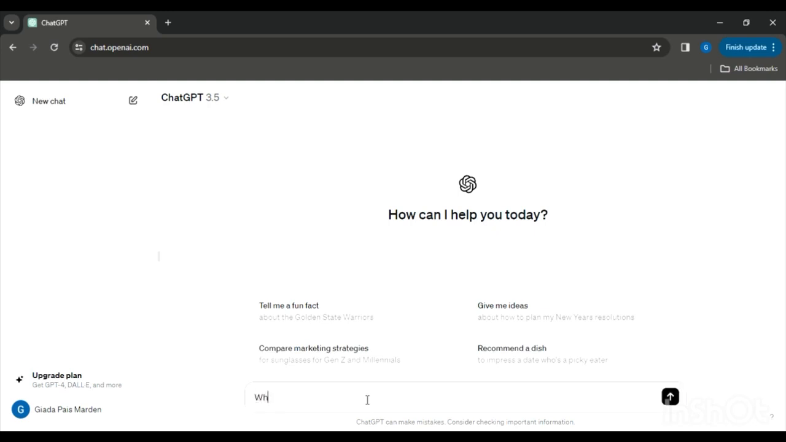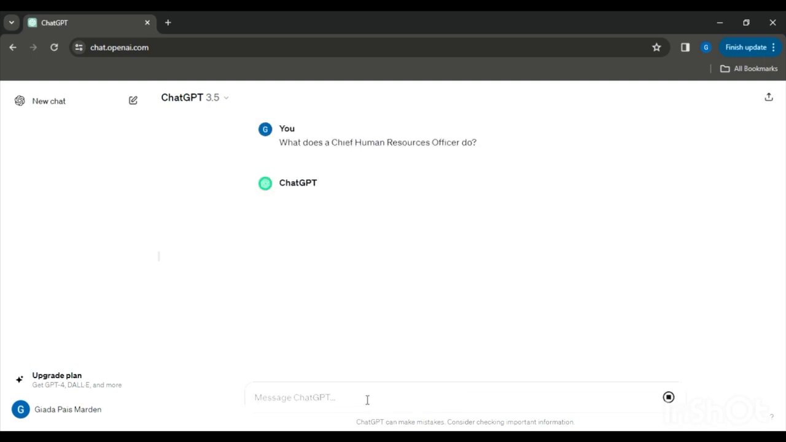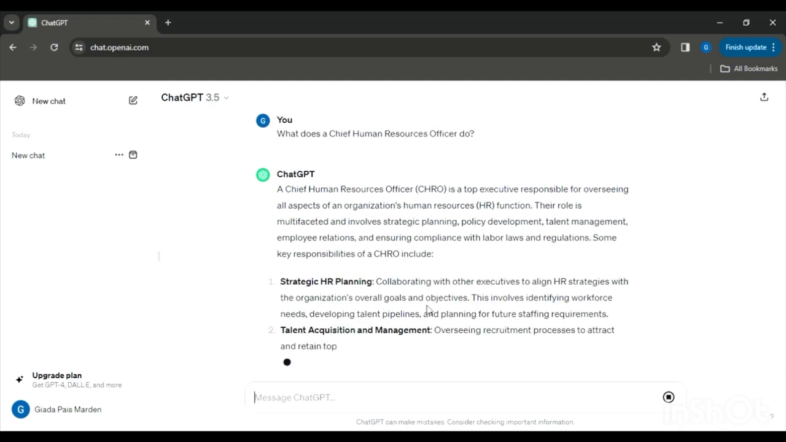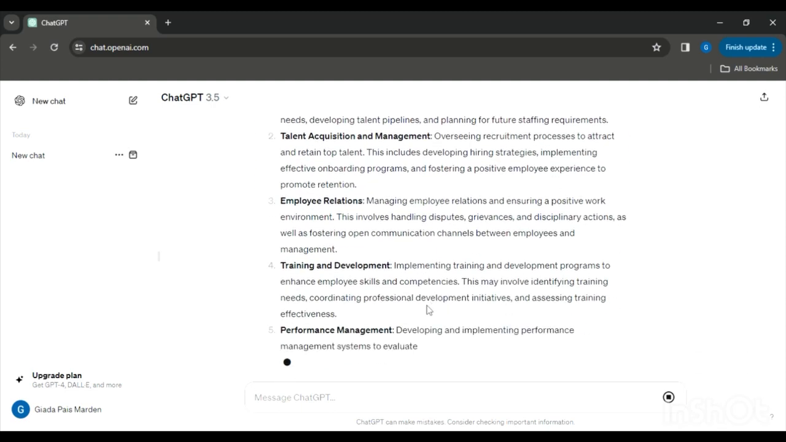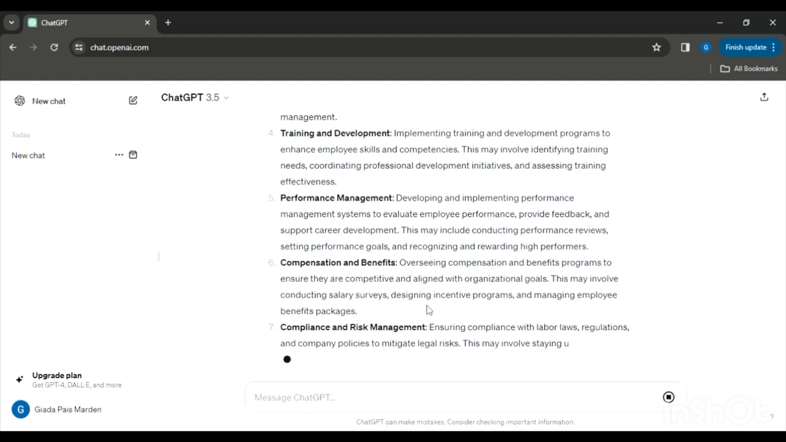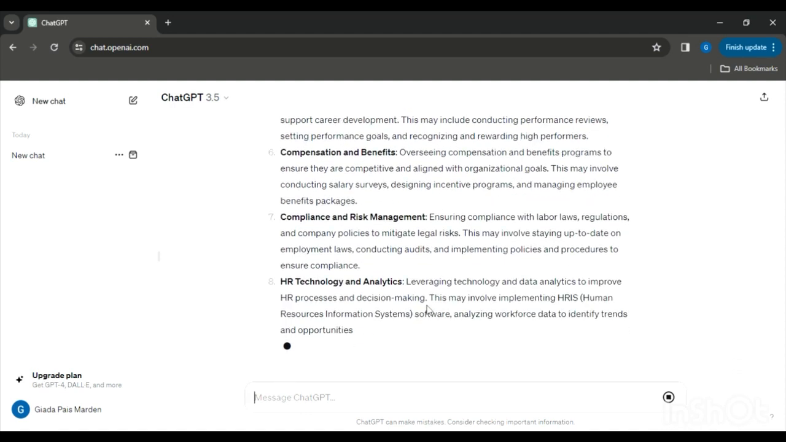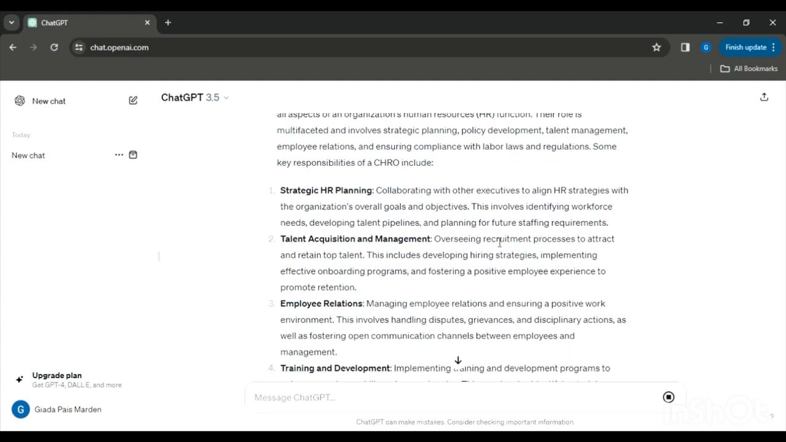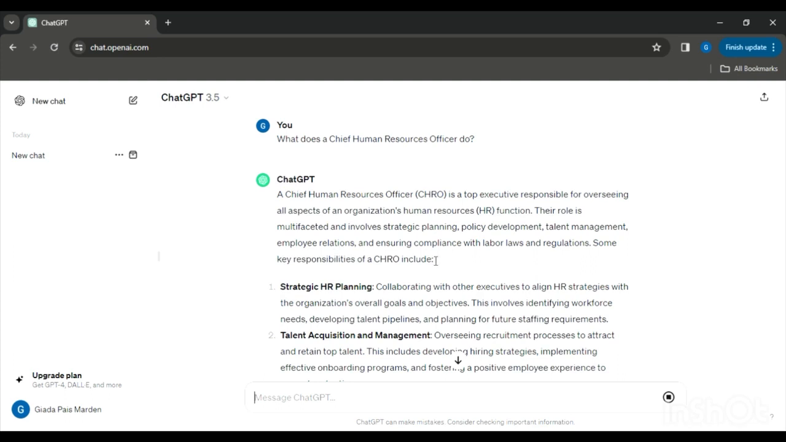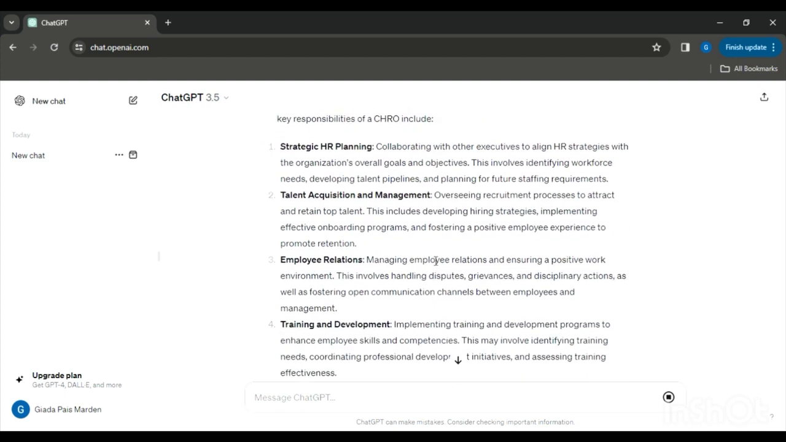For example, what does a Chief Human Resources Officer do? And I chose this question specifically because I want to put you in the perspective of a director or a vice president in human resources that has the goal to become a chief and so wants to have a clear understanding of the position. So it tells you that the responsibilities of a CHRO include HR planning, talent acquisition and